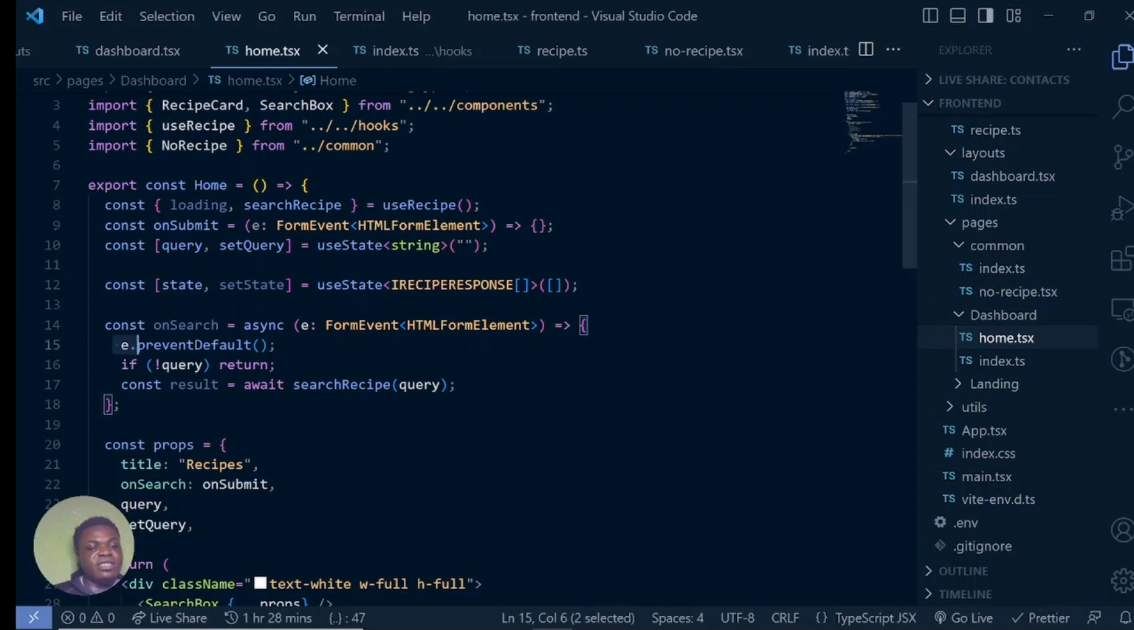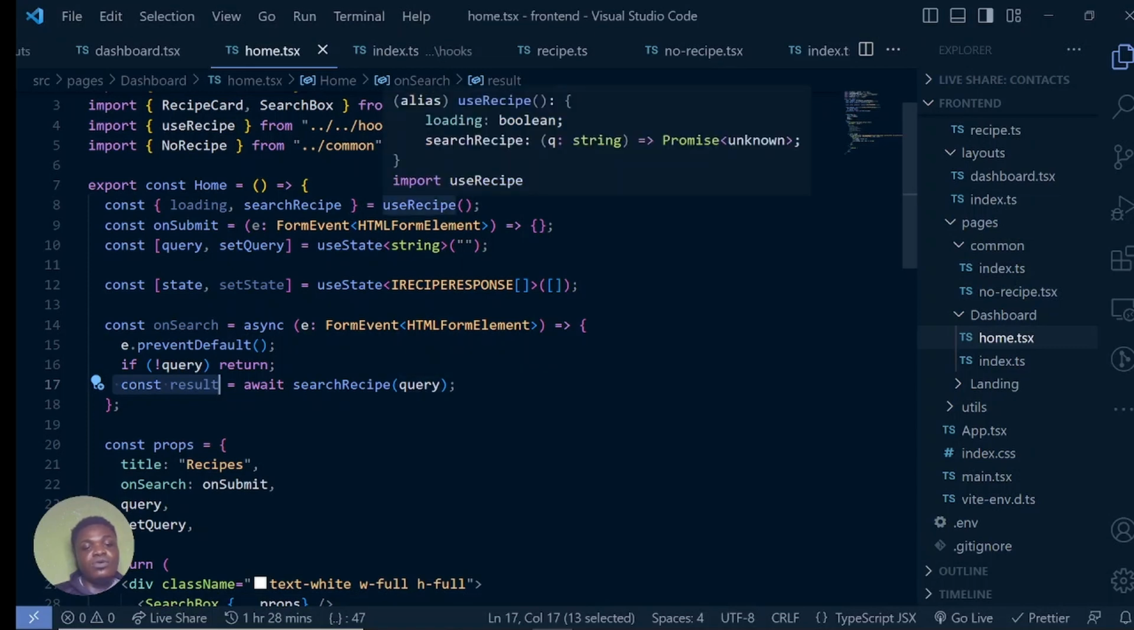And first, we're going to say event.preventDefault. We don't want any refreshing of the page. And we are saying if there is no query, if you didn't type anything, we just return immediately. We don't do anything else. But if you type something, we're going to call our searchRecipe from the useRecipe hook, and we're expecting